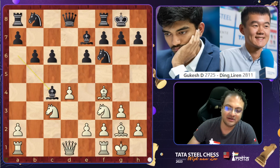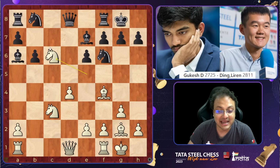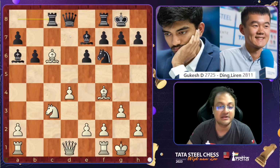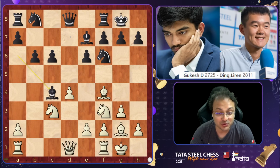Yeah, so the move here which many would play is knight e5, but it does not help because after bishop a6, knight takes c6, knight takes c6, bishop takes c6, and bishop rook c8. Black is doing completely fine. It's equal. So the move that you had to find, and if you found it, kudos to you, is bishop